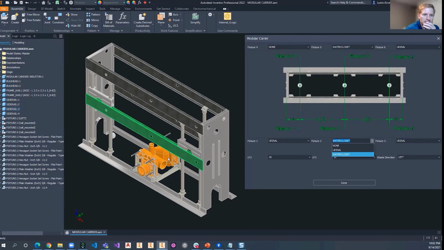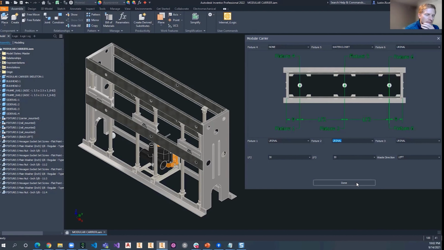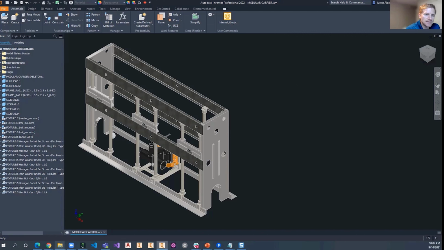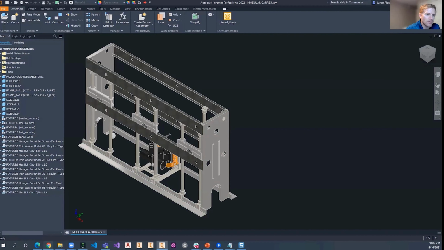You can see right now this is a back-to-back configuration because I've got a water closet in fixture 2 and in fixture 5 a urinal. And so that'll swap out those two components. Once I have completed my highly engineered design, I can then zip up that model, take the zip file, upload it to the configurator,